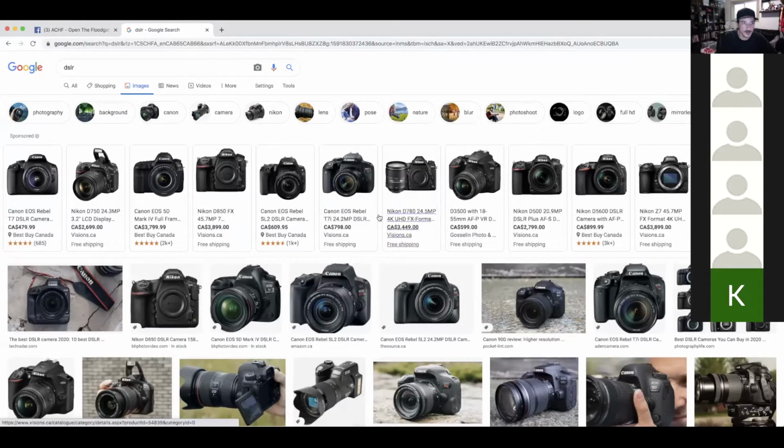The prices obviously scale quite a bit, from $479 on a low end all the way up to $4,000 here. But even the lowest end at $500 is going to create substantially better looking photography than you're going to be able to get on your phone. Phones are great, but there's only so much that they can do. They've been built to do so many different things for you, but the cameras that they have are somewhat limited.